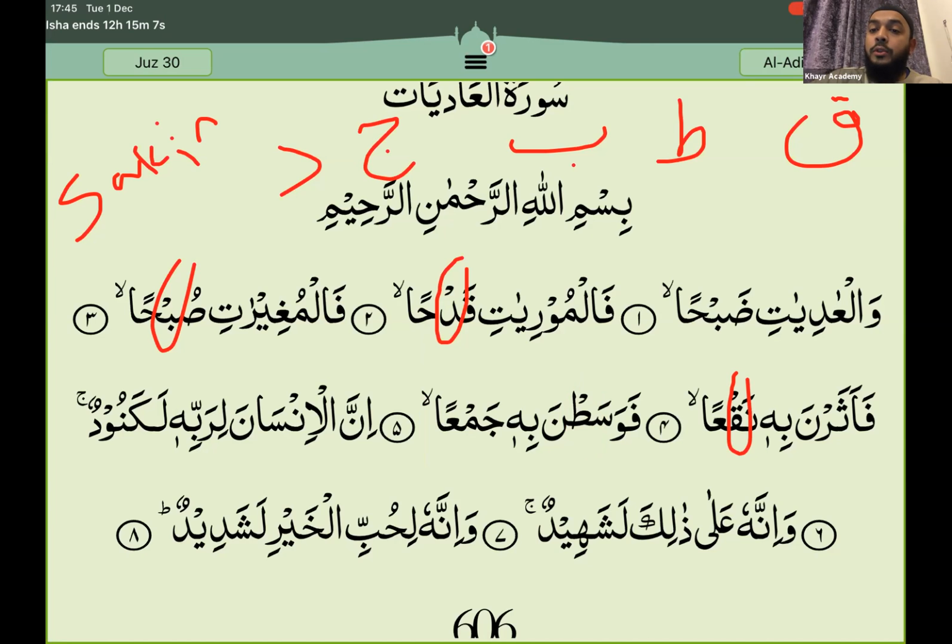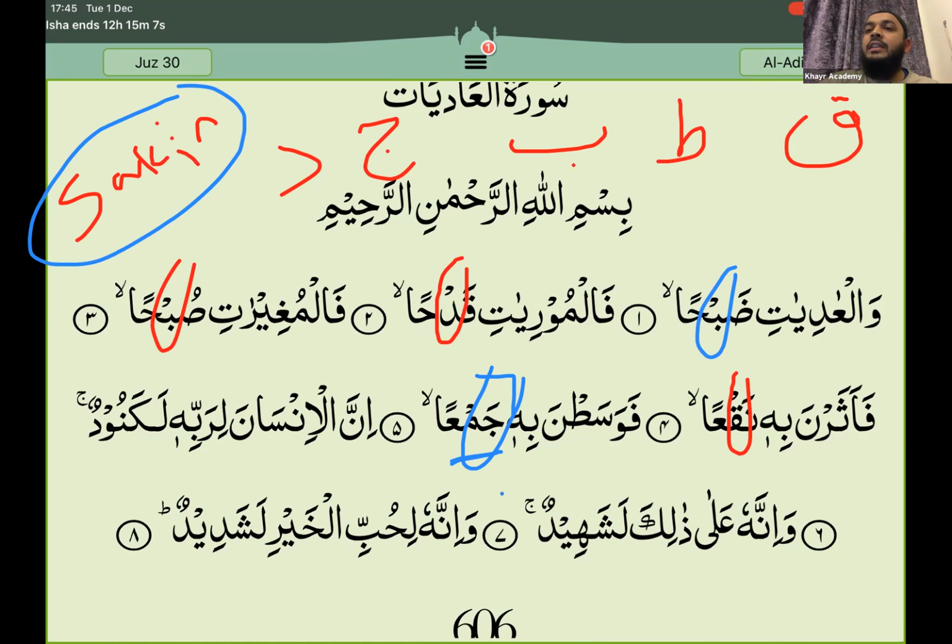Let me just tell you one more thing. Do you know the letter jim? Is that in qalqala? Okay, then should we not do qalqala here on this jim? I thought qalqala is usually at the end, isn't it? Who can answer why we would or wouldn't do qalqala on this jim? You wouldn't, because you have to have a sakin on top. Remember, the sakin doesn't have to be at the end. This wasn't at the end. It was towards the end, but it doesn't always have to be at the end.